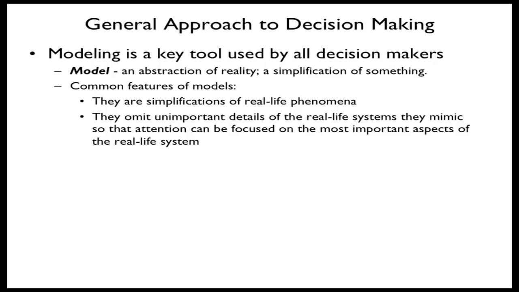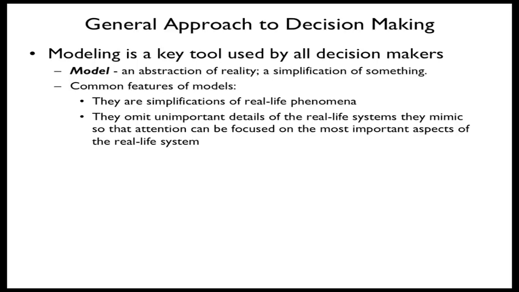So here's a general approach to decision-making, and that is to use a model. A model is an abstraction of a reality or a simplification of something. Let's say that you've never had a restaurant and you want to try different layouts. You might go into your garage and say, okay, what if we put the server right here, we put the refrigerator over here, and you might practice making some things. That would be a model. If you made cardboard cutouts of the table, or maybe some folding tables and chairs, that's a model. It's a simplification of reality.